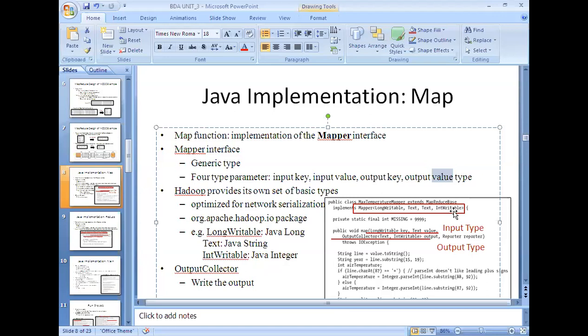Now let us see the mapper logic. Initially, I defined the missing value as a maximum value, which is four nines, as we discussed in the AWK script.